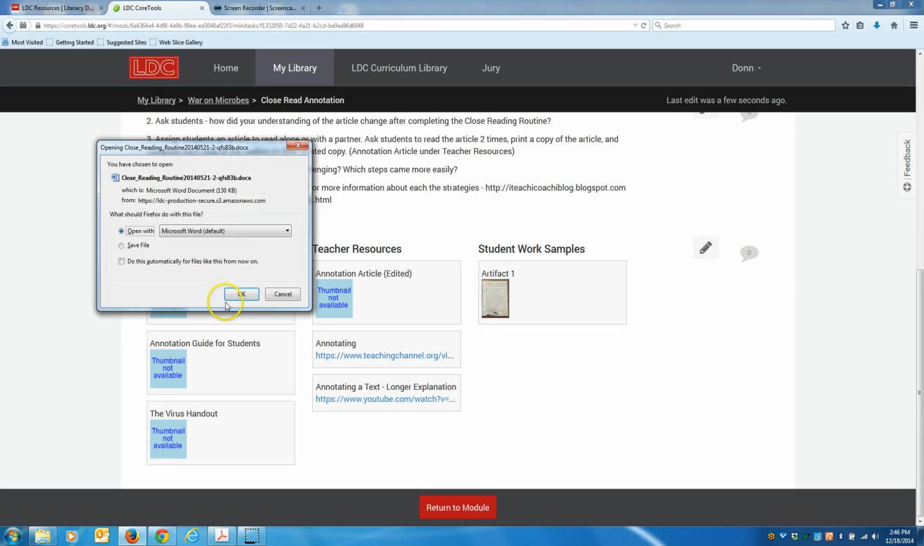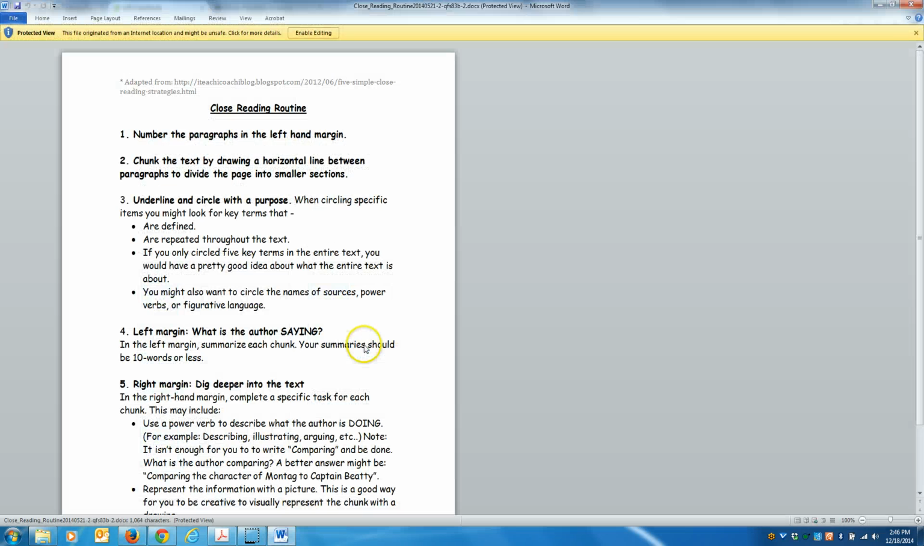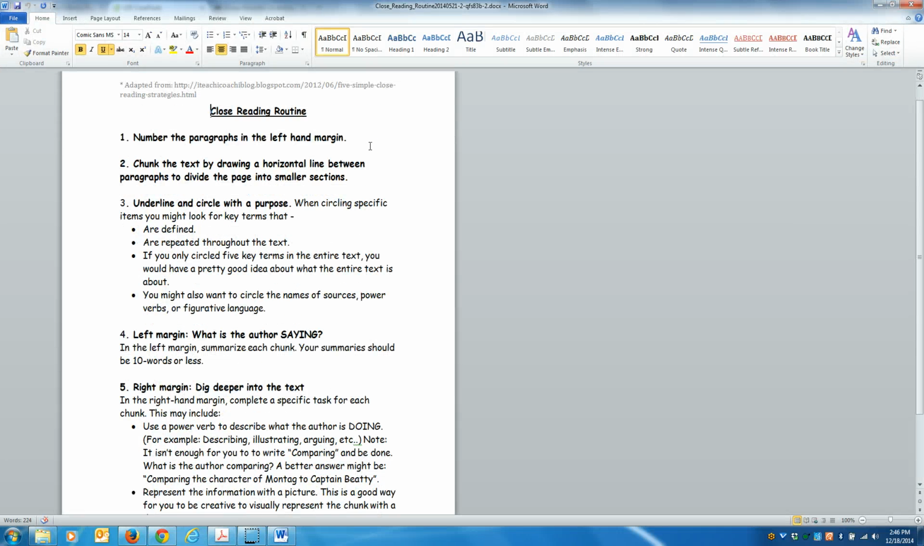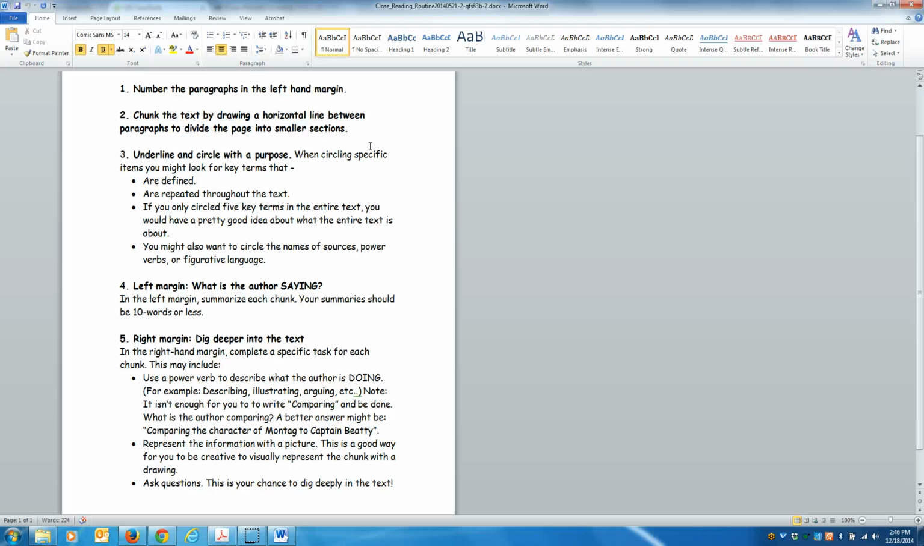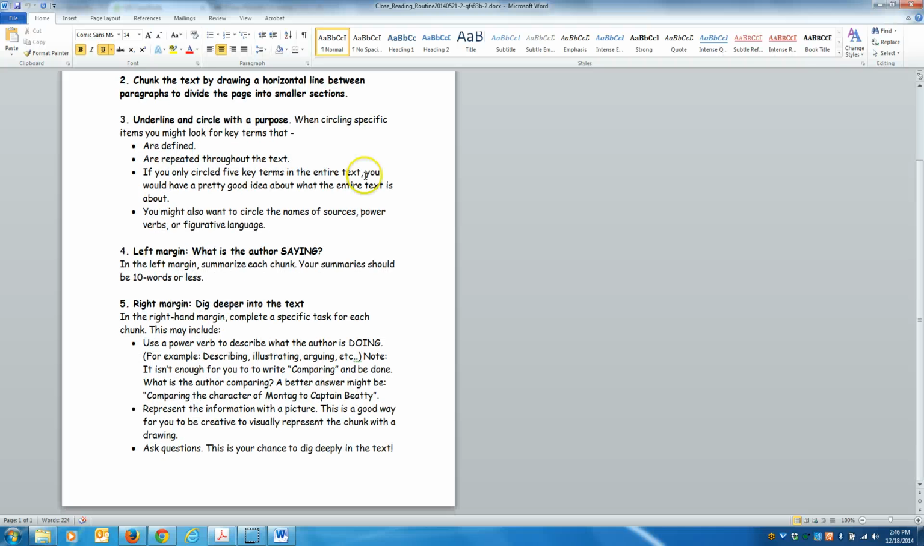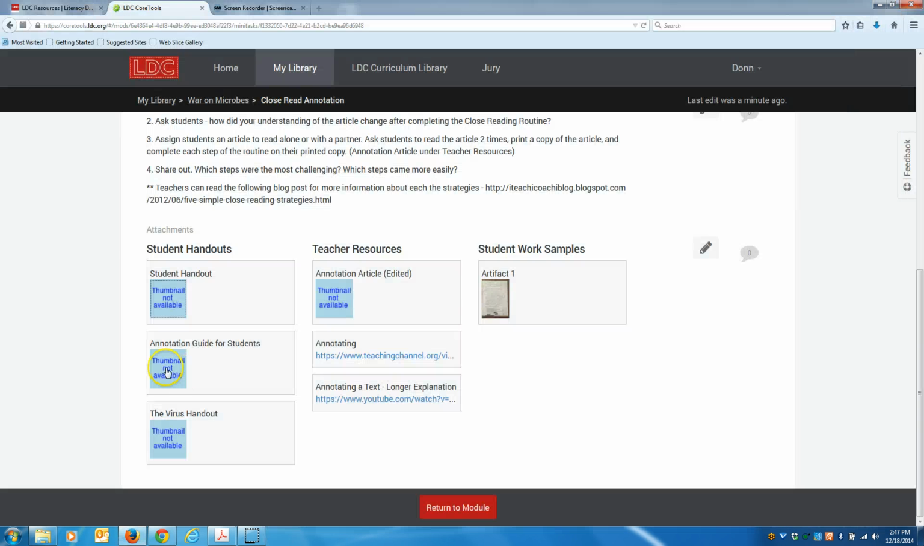So if we open this up, we can see this is an article which actually breaks down the close reading. It tells us exactly how to do it, how to get deeper in the text. So here's some information. This is the first time you're using the strategy. This is something you want to do with your students. The other handout